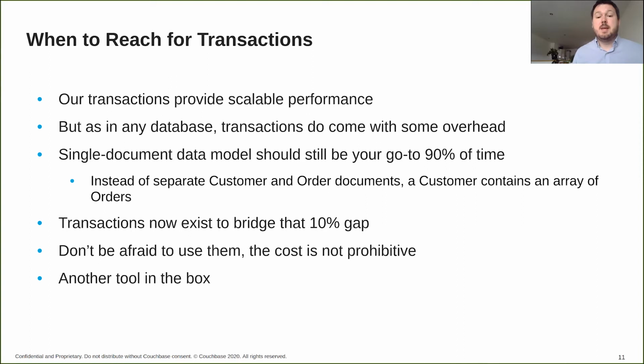JSON is an incredibly flexible format. It allows things, instead of having separate customer and order documents as you would need to in a relational database, a non-relational document database allows you to have a customer that contains an array of orders. So now if you need to update customer and order together, you don't need transactions anymore. You just update the customer document. And that's really, if you're aiming for a really performance scalable system, that's really the approach that you want to be taking